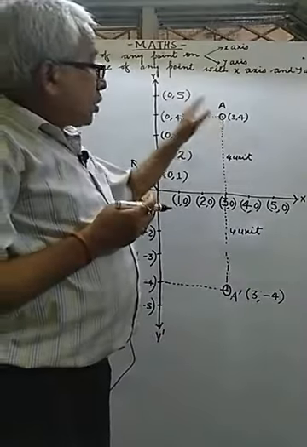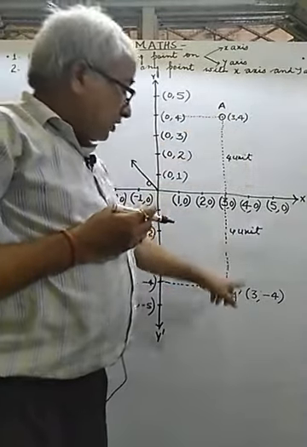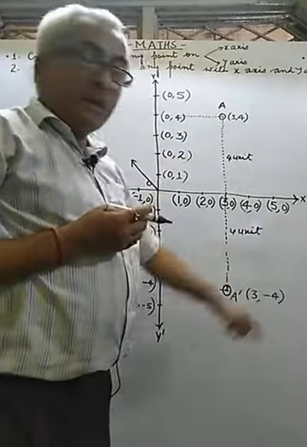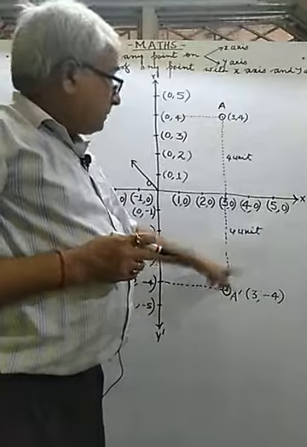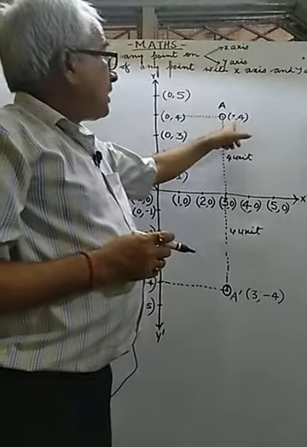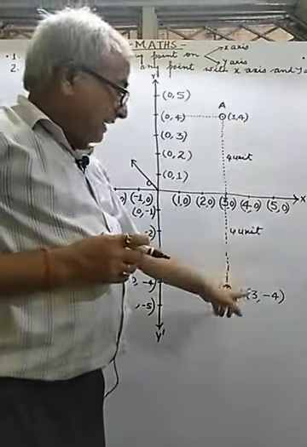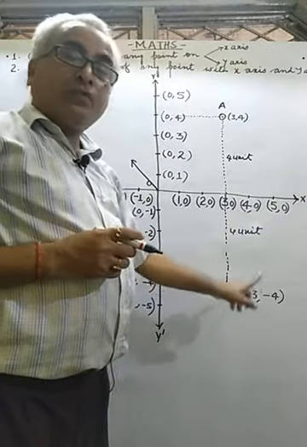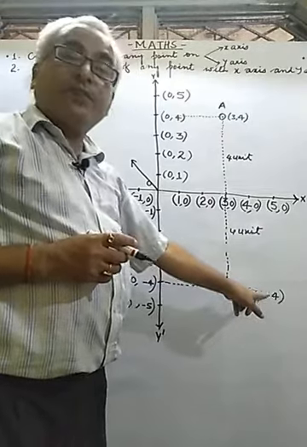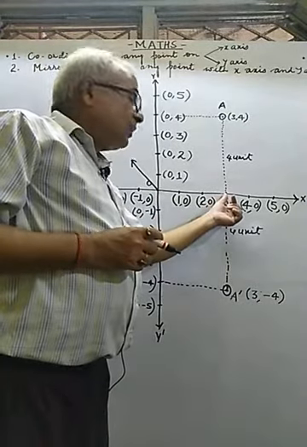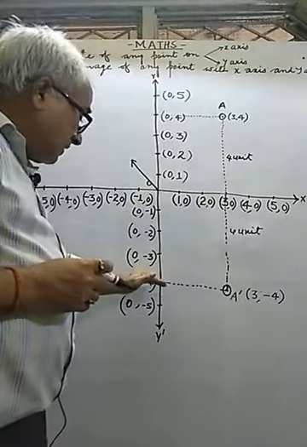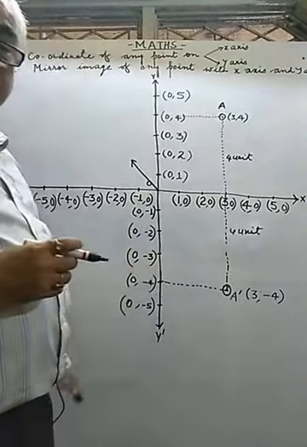It means the quantity will be the same. It is 3, 4. Only the sign will be changed according to the sign convention of these coordinates. In this way, 3 and 3, 4 and 4 are the same. Both are positive here in the first quadrant. But what is the sign convention of the fourth quadrant? The first one is positive and the second one is negative. You know the sign convention. Why? Because abscissa is 3 units, that is positive, and ordinate is negative. So the coordinate of this one is (3, -4).